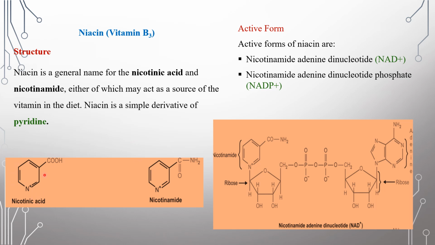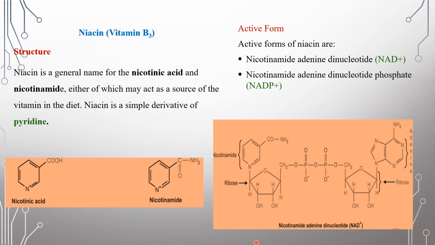You can see it here. There is a pyridine ring and there is a carboxylic group. And once it is amidated, it becomes nicotinamide. And these are the two active forms: one is NAD plus and the other NADP plus. These are the two active forms of this vitamin, and it acts as a coenzyme through these two